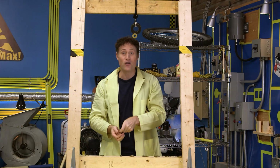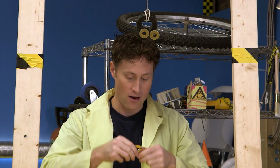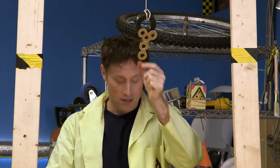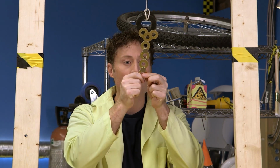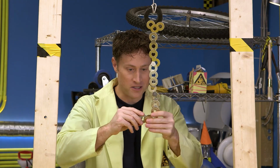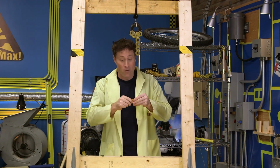to the magnet. But if you want to go even further, all you need to do is keep adding more magnets to reinforce the magnetic field. I've got a few here, like this. Let's get the chain started, like that. And then I've got a magnet attached to this washer, so it will keep the magnetic field strong. And I continue to add one magnet, one washer, and we'll just see how far I can go. You can even sculpt it a little bit. Look at that. And then at the end, a whole bunch of paper clips. Eventually, the weight will make it fall off, but it's a lot of fun to play with magnets and make